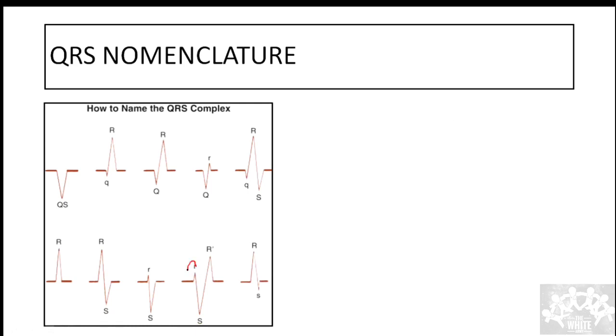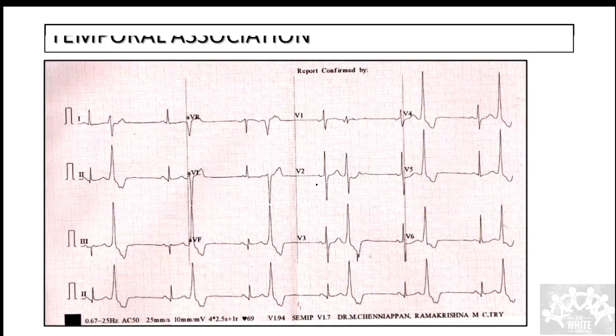Okay, so let's say there is one more positive wave. You got one positive wave, and one more positive wave comes up. All positive is called R, so if there is one more, we call it R prime or R dash. It's represented as RSR dash, you can call it that way. This is seen usually in bundle branch blocks. Clear? RSR dash. In many places you get it. Some have said Brugada, some have said RBBB. All are correct. Nomenclature clear.